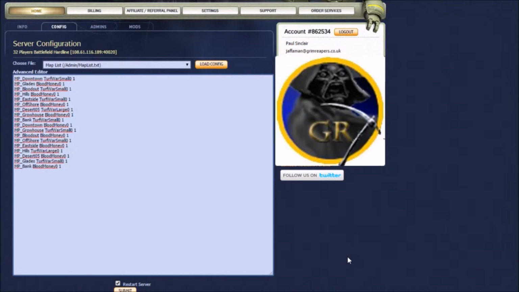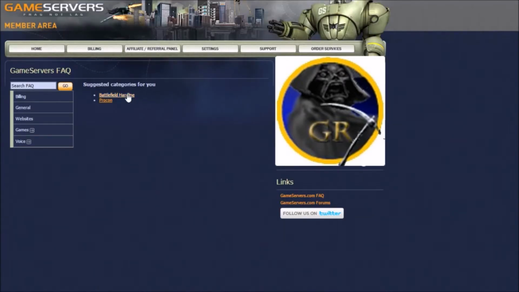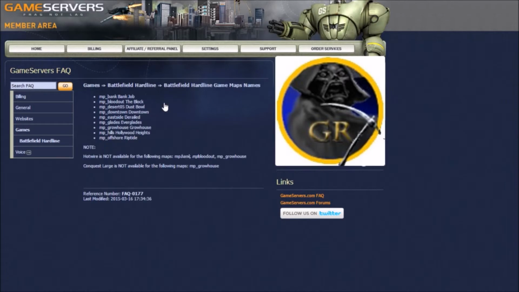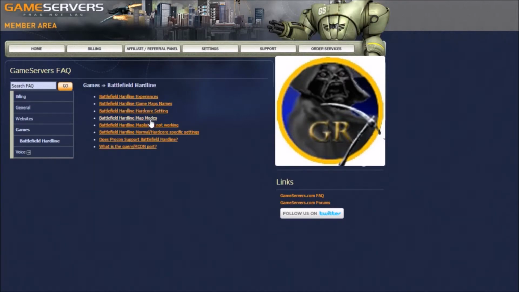So as I say, I shall find the game types, or you can find them yourself in the frequently asked questions link on the right. Go to what you want to be asked. You go to Hardlines and it should tell you the map names there. It'll tell you that Hotwire is not available for the following maps. And then for the map mode,